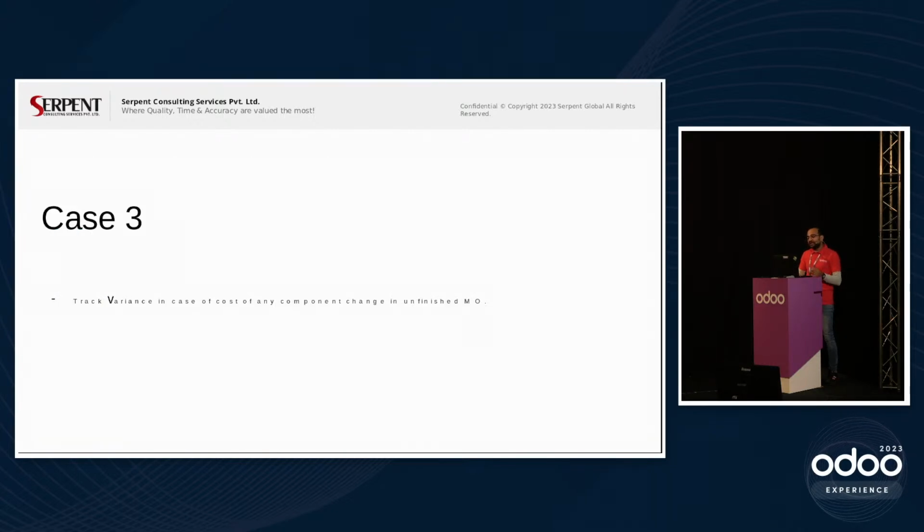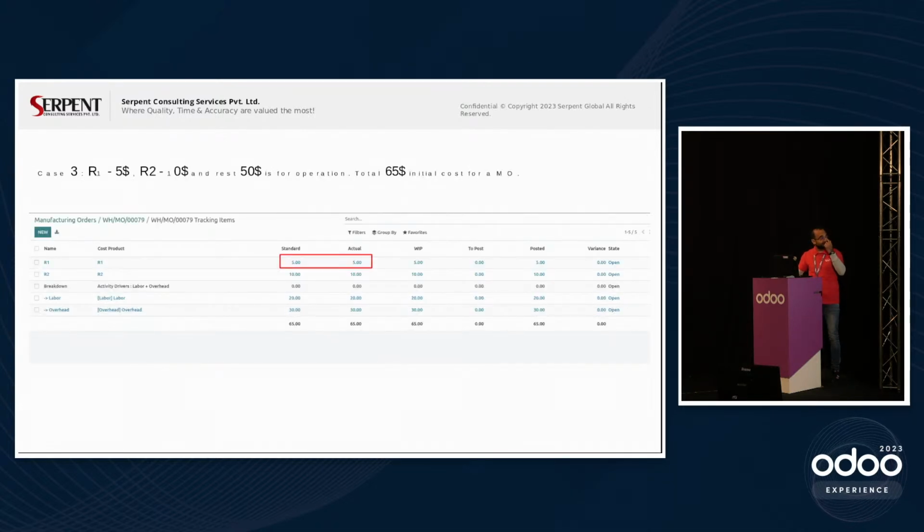Now third is, let's say the cost is changed. We had some specific quantities of our raw material, but now when I really run my production order, I found, oh yes, the quantity is not enough, let me buy new. So when I buy new, if the new raw material comes at a different cost, here is a trivial case again. So that's what we are also addressing. Till the manufacturing order is finished, we can still track the whole variance of cost, how it is done.